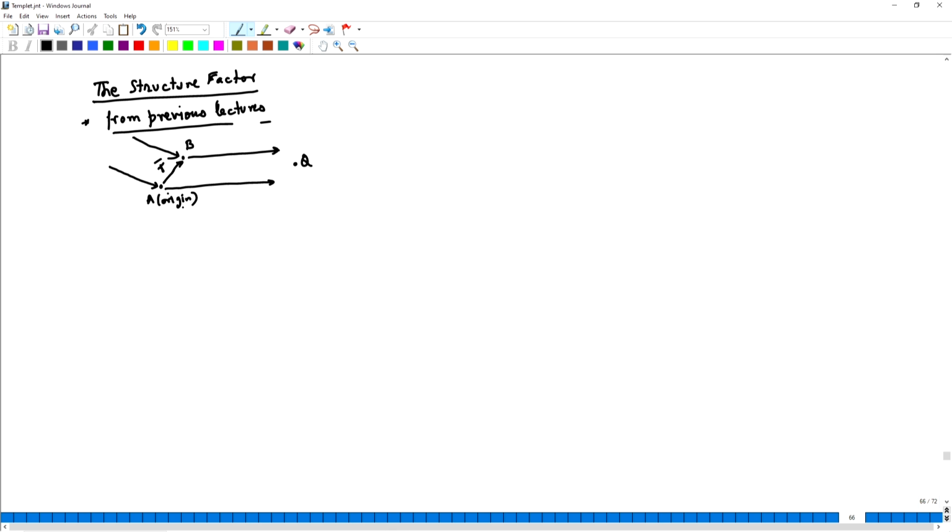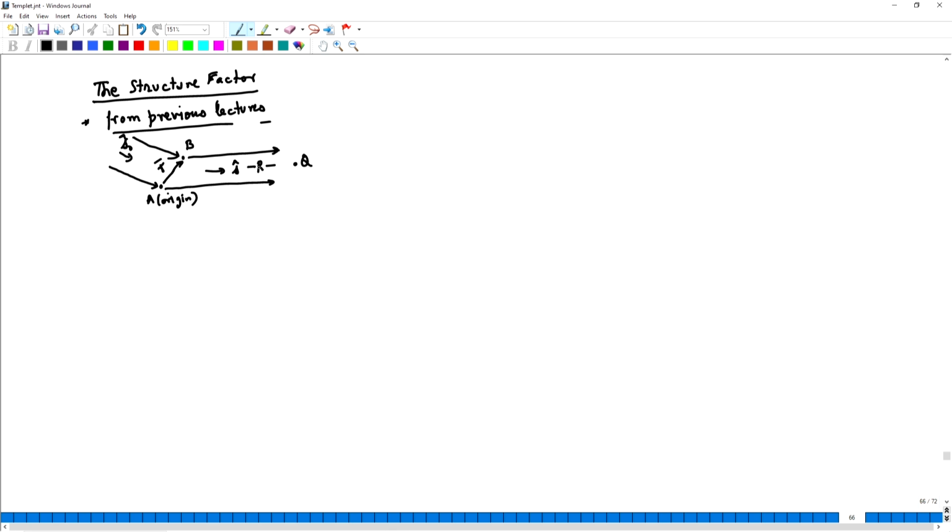This was the incident beam direction given by the unit vector S naught. This is the scattered beam direction given by the unit vector S, and the distance of the point Q where we are interested in the intensity